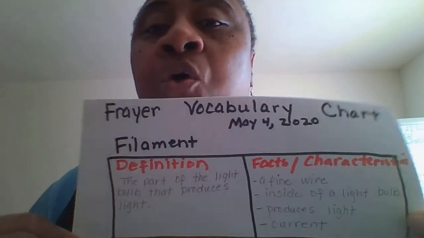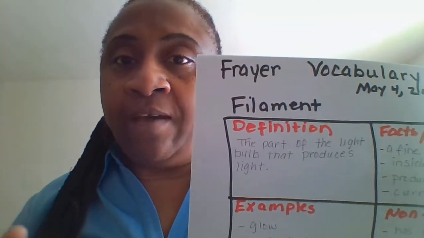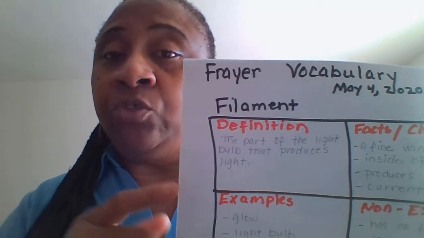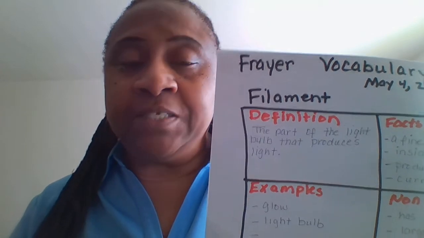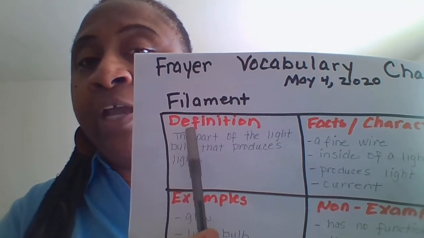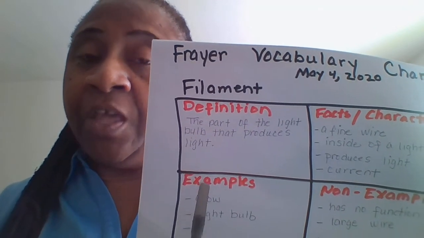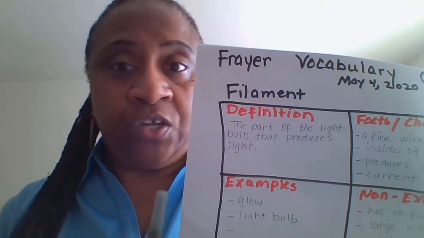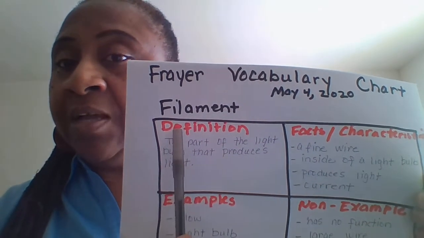So your Frayer chart is in your packet, and I did create several charts for you. They are generic forms, and the only thing you would have to do is create your headers for each chart. The first one is given for you. When I say create your headers, I mean to type in the first box, the header here is